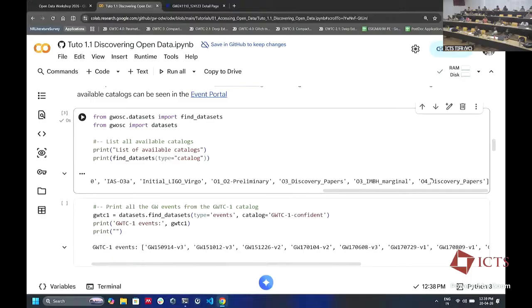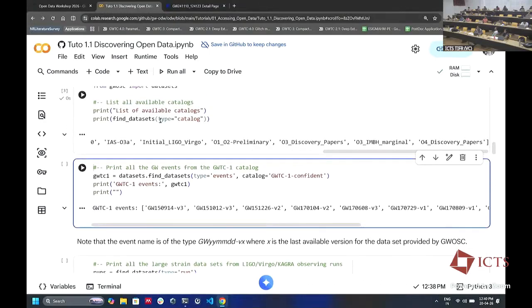Sometimes LIGO releases part of the data before the entire catalog is released. That is, if LIGO finds something super interesting, like this BNS signal in 2017, the simultaneous gravitational wave and binary neutron star merger which was seen in the sky, the data for that event was released shortly after the paper was published. But the data for the entire run was published a year later. So these are called discovery papers of sorts, and their data is just released slightly earlier. That also you can access.